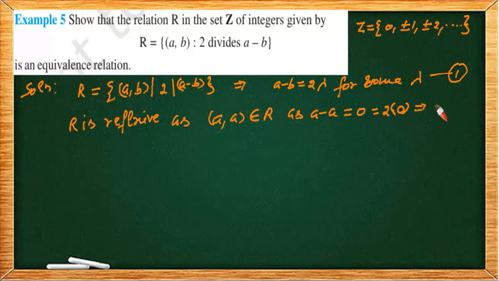You can say 2 divides A minus A. Okay, so A is related to A for all A, and this is true for all A belongs to Z. So every element of set Z is related to itself. Therefore, this relation R is reflexive